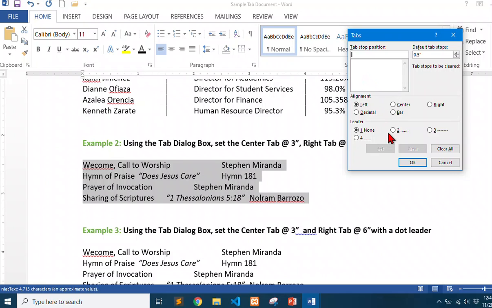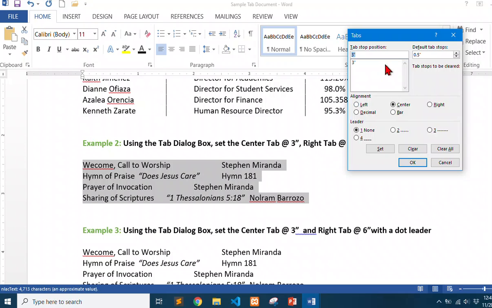So I'm going to type 3 and the type of tab is center tab. So I'm going to select here the center tab and then click the set button.